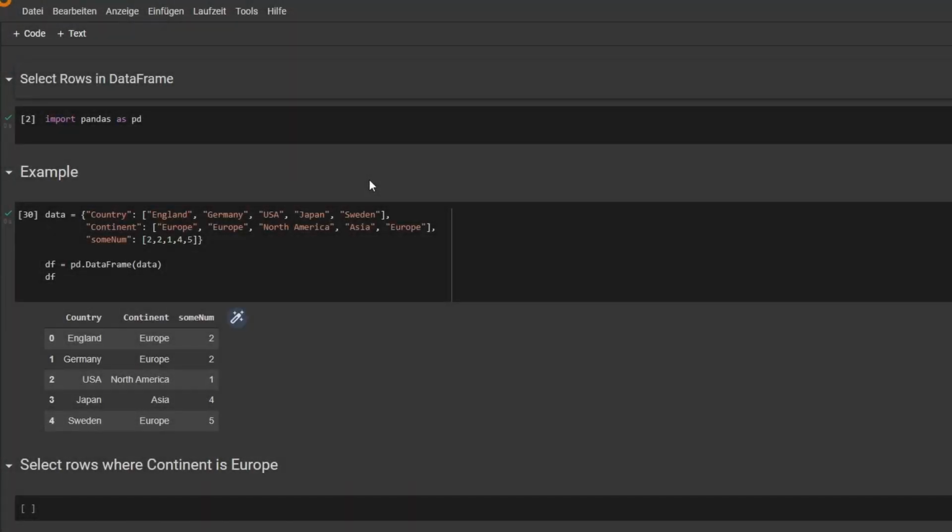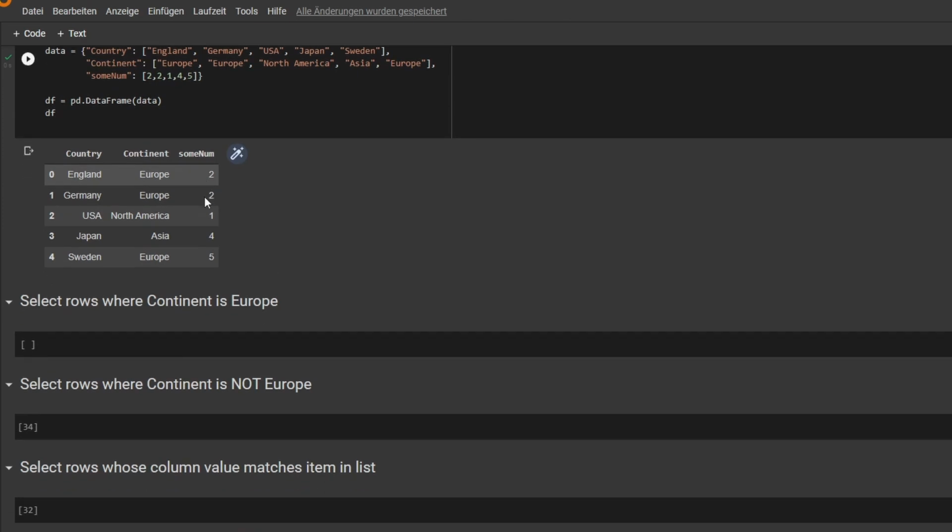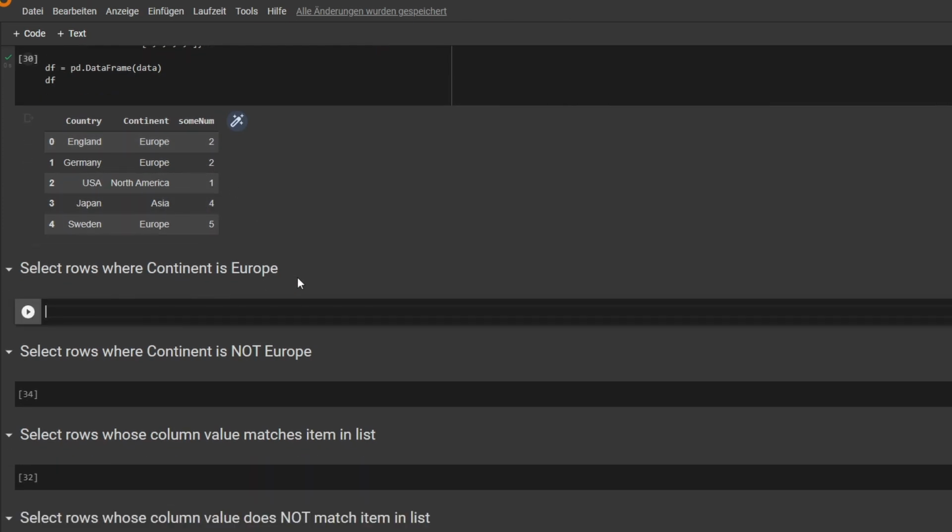In this video, we'll have a look at how to select rows in a data frame. We'll look at two examples. First, we'll have our data frame with country, continent, and this is just some number. I couldn't come up with something better. So this is it. First thing, we want to select all the rows where the continent is